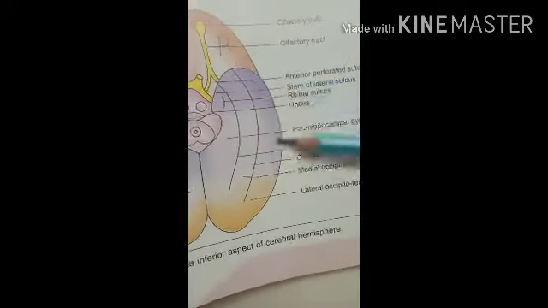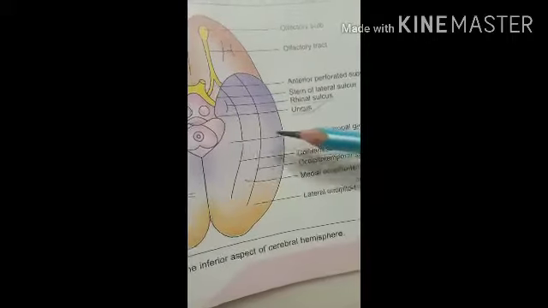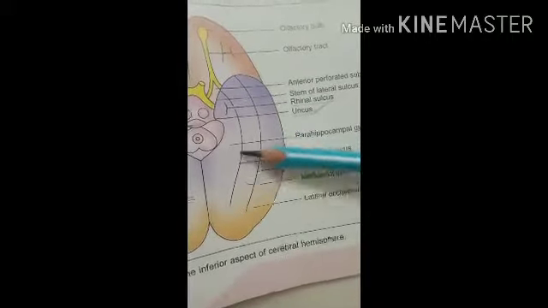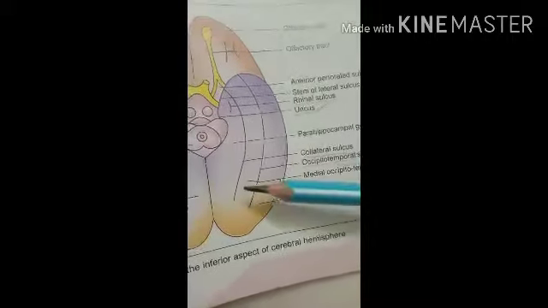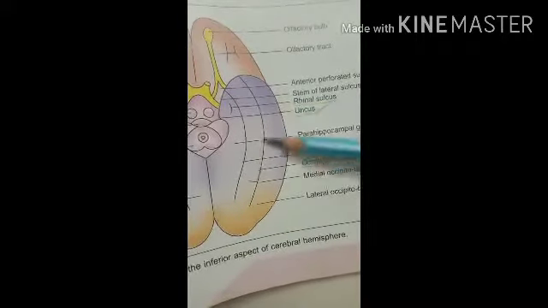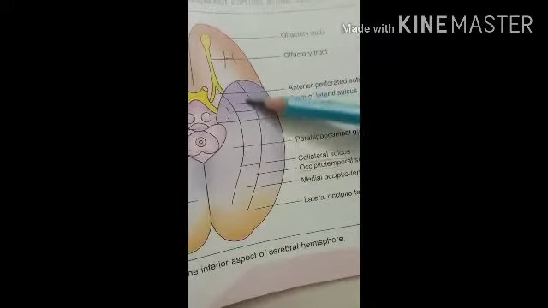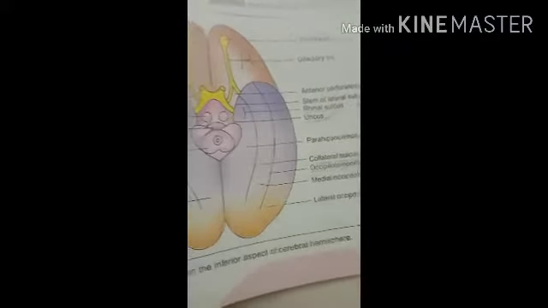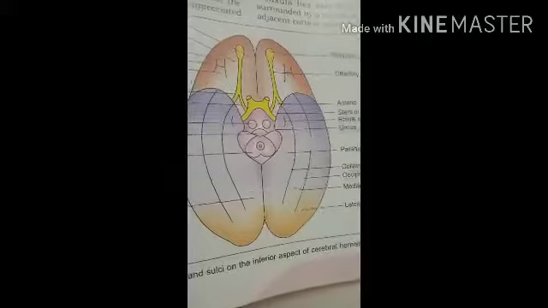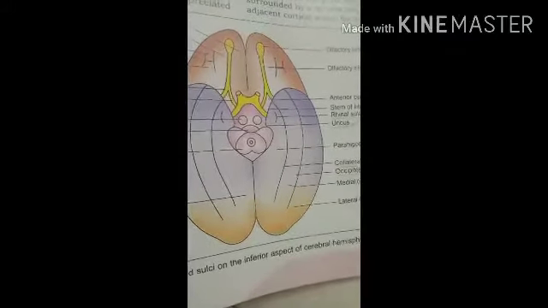And the part present medial to the occipitotemporal sulcus, this area, is called the medial occipitotemporal gyrus. So these are the sulci and gyri present on the inferior surface of the